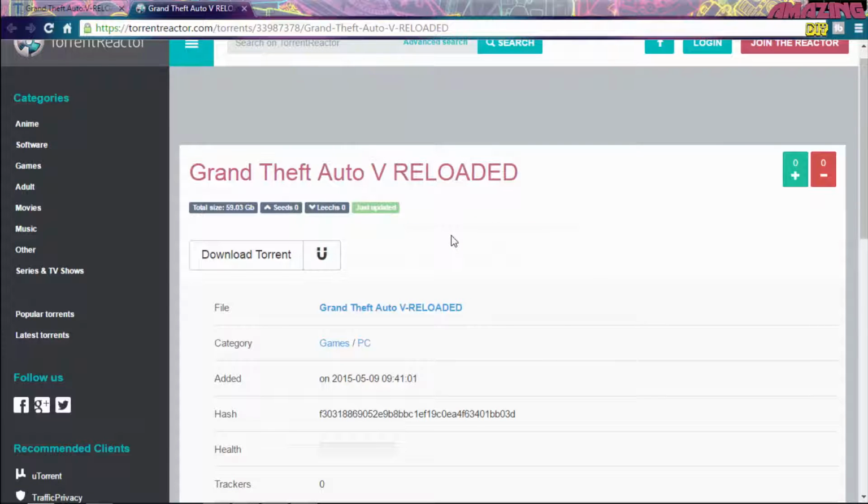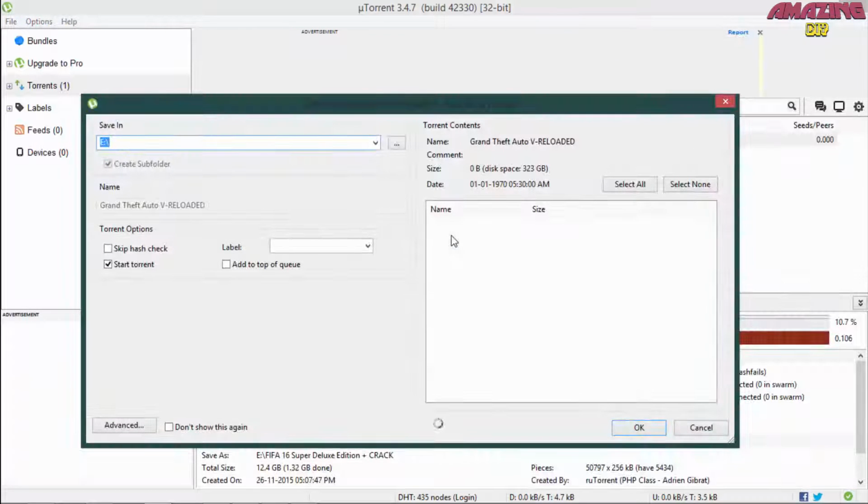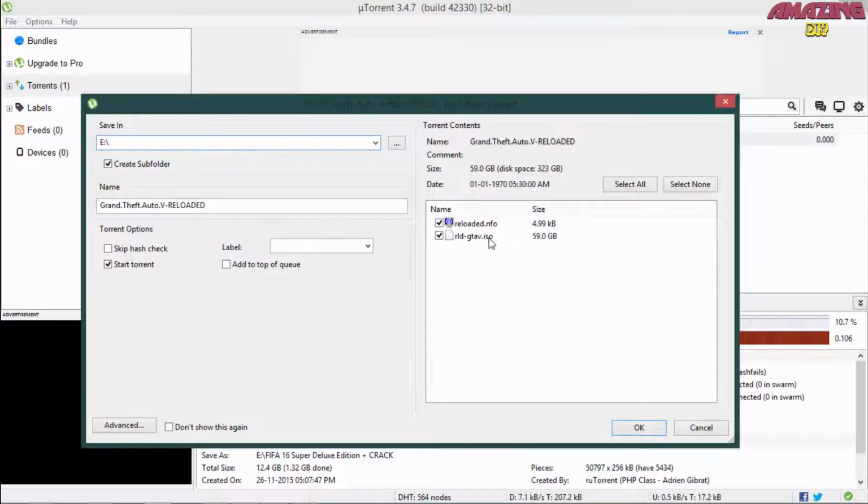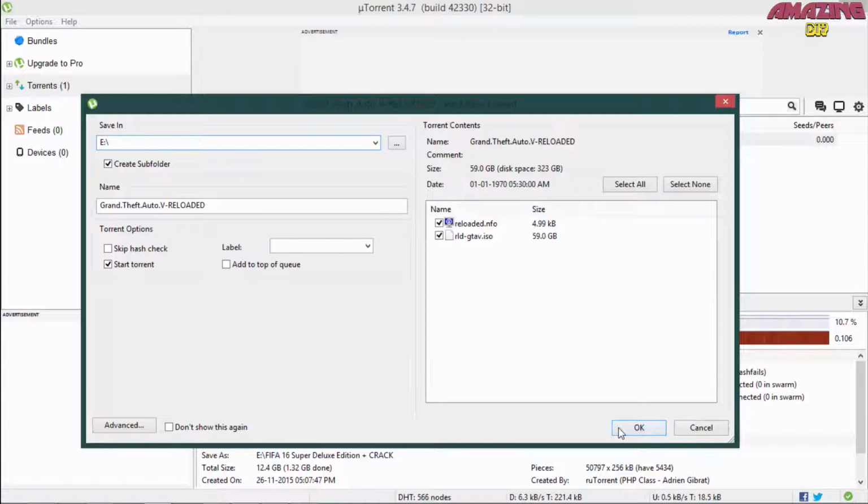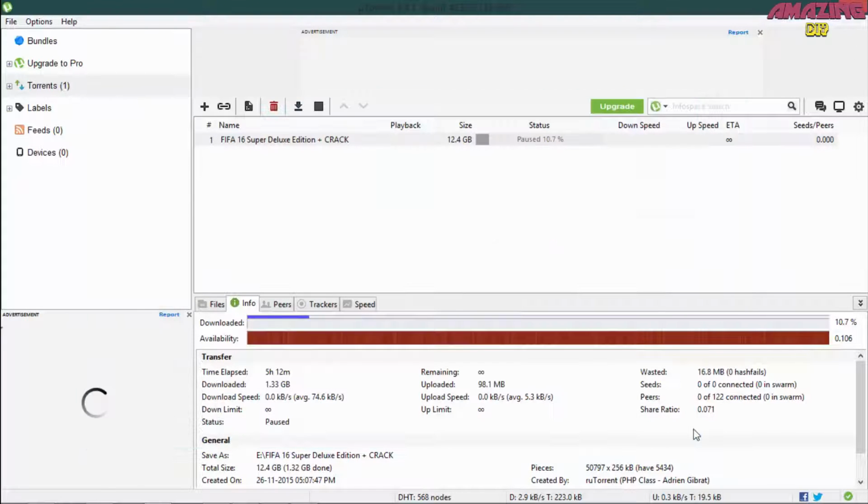And after you launch the application, it asks you where you want to place the setup. Here is the setup of 59 GB. So download this 59 GB setup ISO file. When you click OK, it will start. I already downloaded it, so I don't want to download it again. So cancel this.